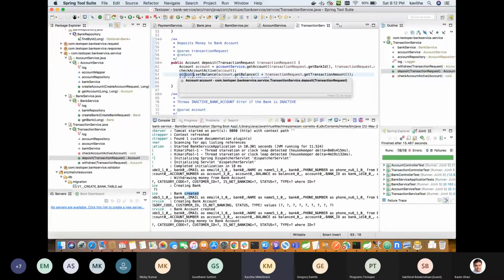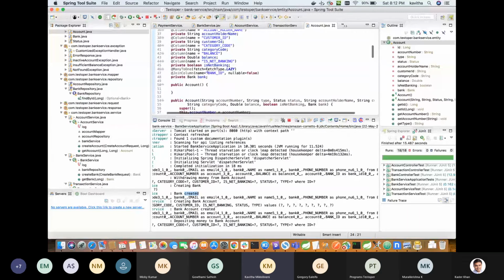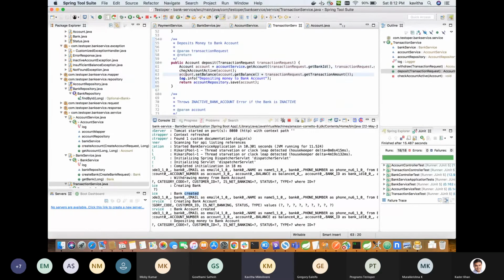Okay, so we're just doing a set balance and doing a save. So this account is the entity class, like the bank I showed. For that, we are only doing an update on the balance column. So that's what we are doing: only account.set, and we are doing a save to the existing account object.